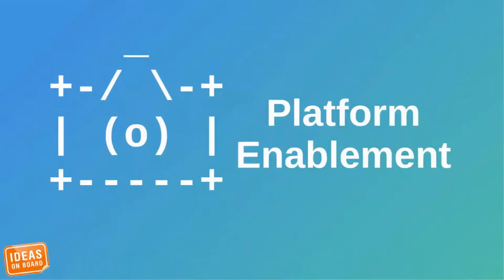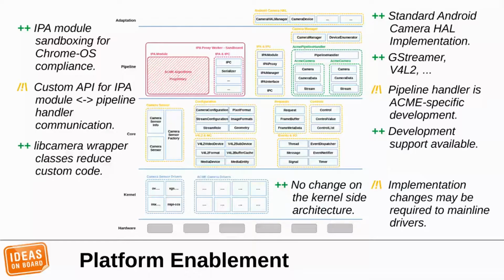Going to the topic of platform enablement, and I'm departing a bit from the ASCII art here because it would be completely unreadable. There's too much information. And I apologize if it's a bit difficult to read, but the details of all those blocks is not very important. What matters here is that